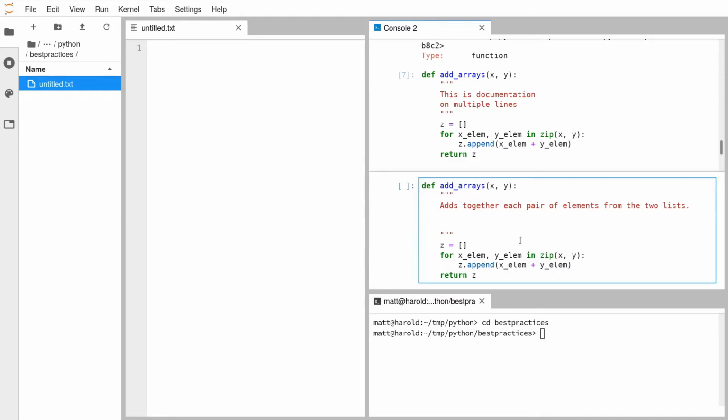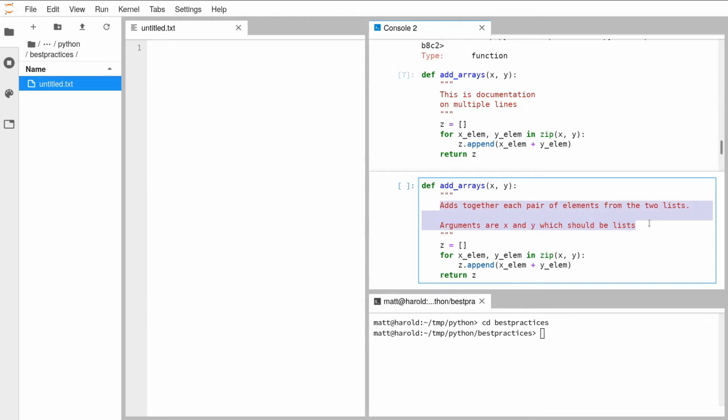So as I was saying, we need to tell it what arguments we take, and there's lots of different ways we could do this. We could say something like: arguments are x and y, which should be lists. That's a perfectly reasonable way to describe what should be passed in and what restrictions they have on them. That said, while these docstrings are technically completely free text fields, you can write whatever you want,